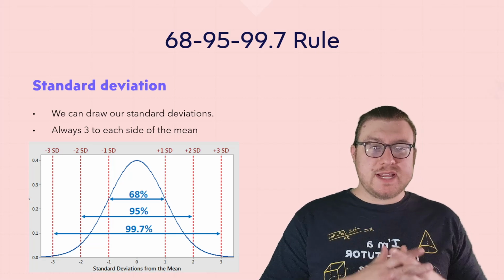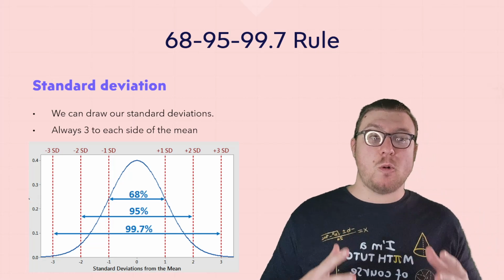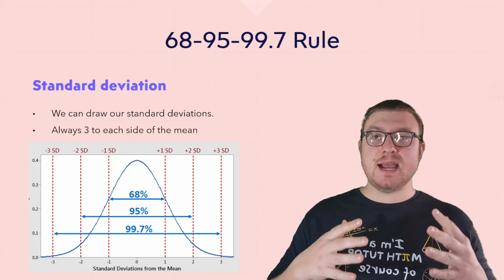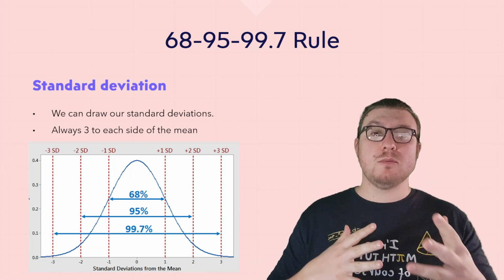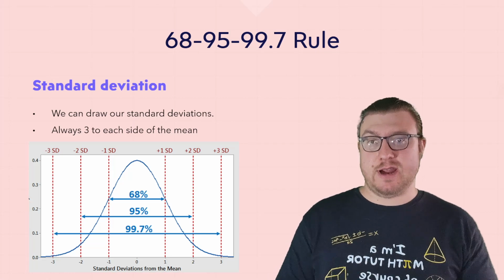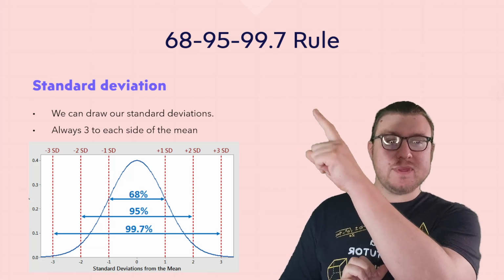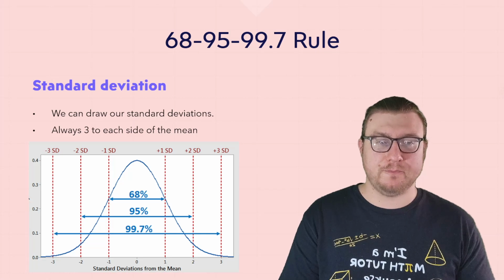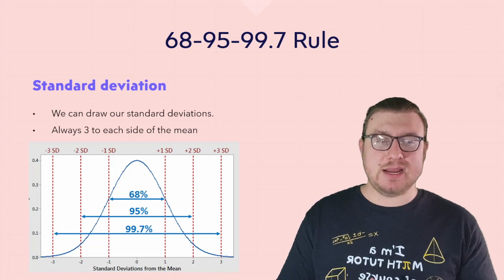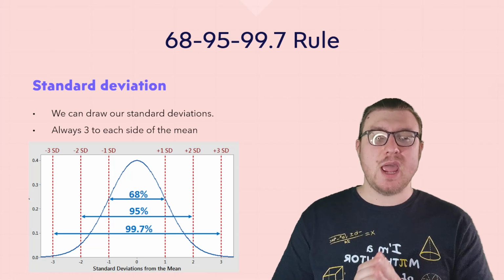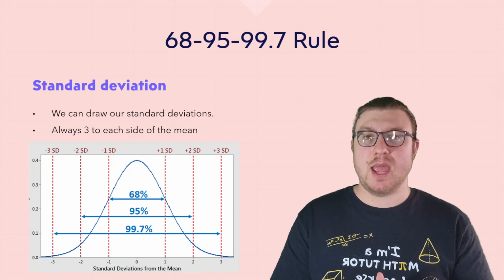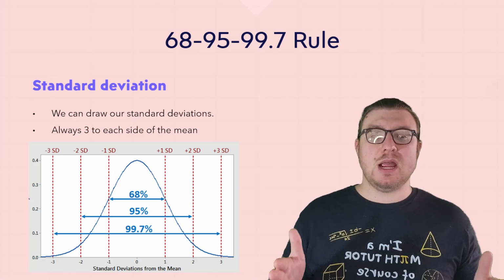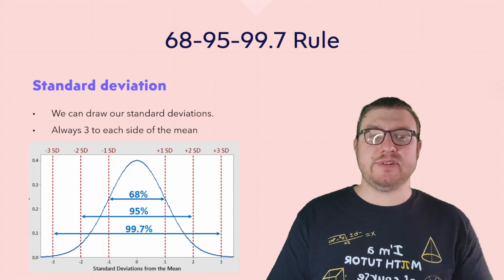When we talk about the standard deviation, and this is quite important to remember, especially for the higher mark questions, understanding how the normal distribution works will more likely give you higher grades. So we have something called the 68-95-99.7 rule. And what that means is that if we draw our normal distribution, we can make a line through the middle. And then on each side, we have 3 lines going down, each 1 standard deviation away from the